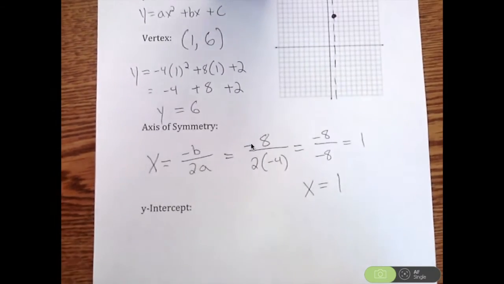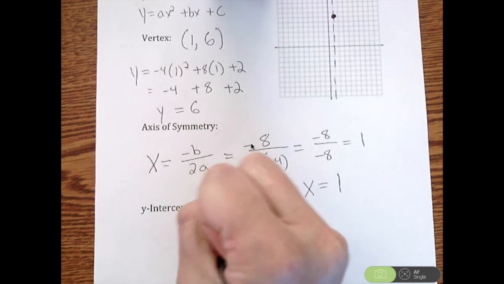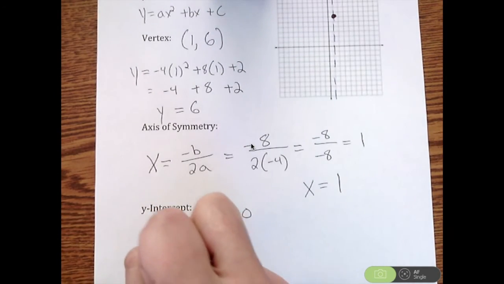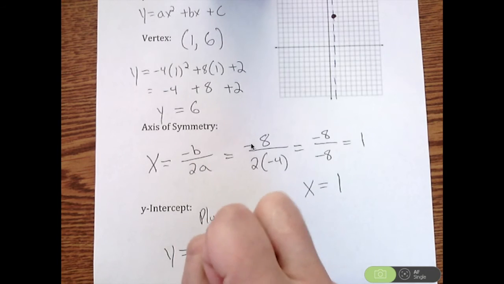Next piece we'd like to get is we'd like to get a y-intercept. Now if you ever want to find a y-intercept, you just always plug x equals 0 in. So if you want to find a y-intercept, you make x 0. If you want to find an x-intercept, you make y 0. It's always the opposite there. So I'm going to plug in x equals 0 into my problem, which is off the page now. But it is going to be y equals negative 4